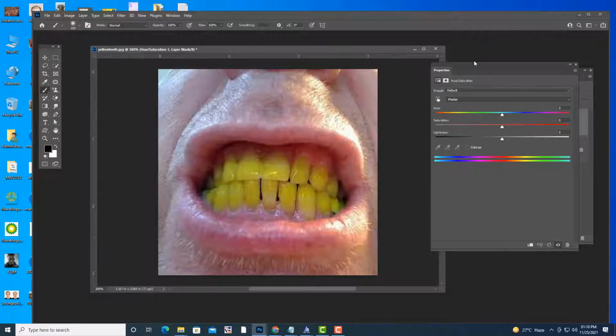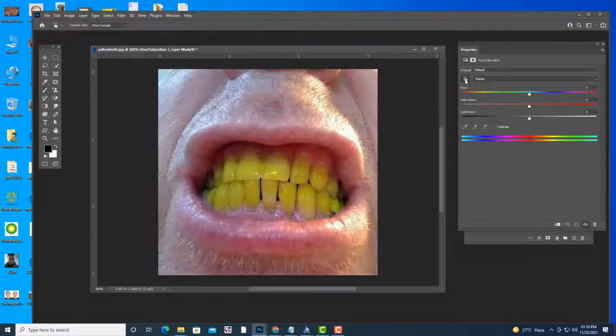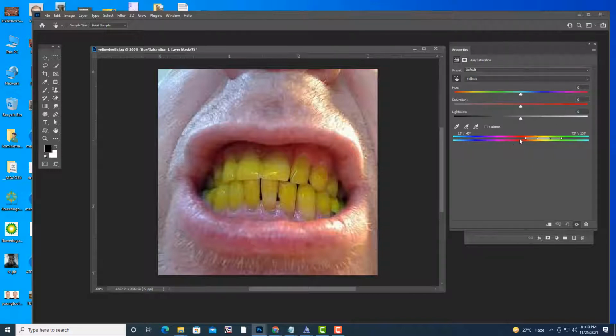So I am going to select the eyedropper, this one, then just pick the color. Now it has identified that we have selected yellow color. Now we have to change the yellow to white.